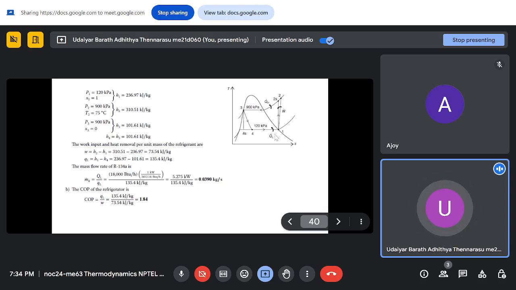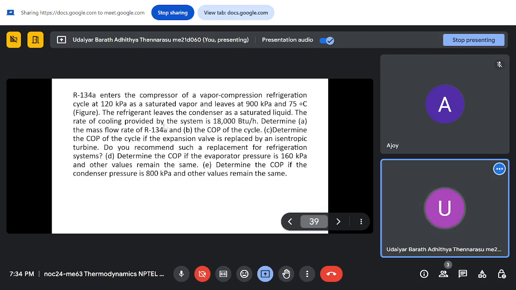Work done is H2 minus H1, so it will be 73.54 kilojoule per kg. Then the heat load which you are getting from the evaporator is H1 minus H4, which is 135.4 kilojoule per kg. Now from this we can find out the mass flow of refrigerant, because the cooling is given